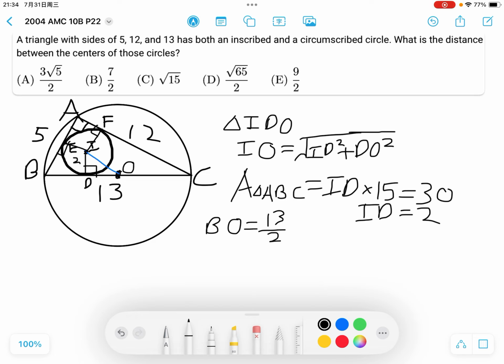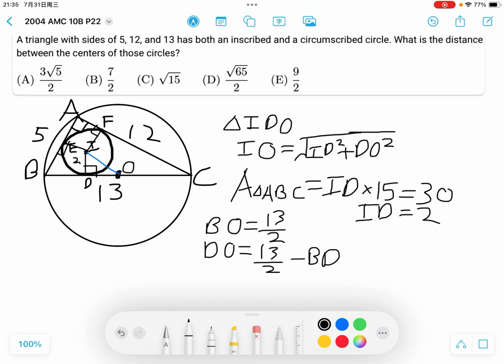BO is 13 over 2. So we want DO. DO looks hard to figure out, so how about we figure out BD instead? BD is also hard, but maybe it's a better way. We can try BD because we don't have a strategy for DO. So let's figure out BD, because DO is equal to BO, which is just 13 over 2,